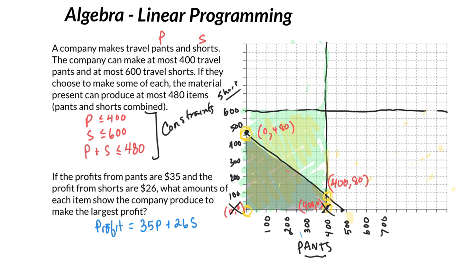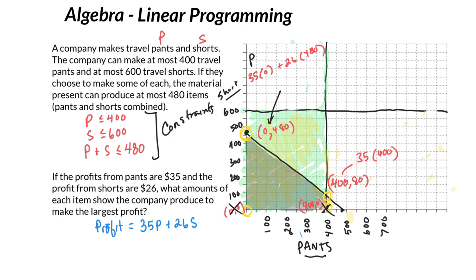So let's type in these 2, okay? Profit. So in this point, we made 0 pants, so 35 times 0 plus 26 times 480. And down on this point, we made 400